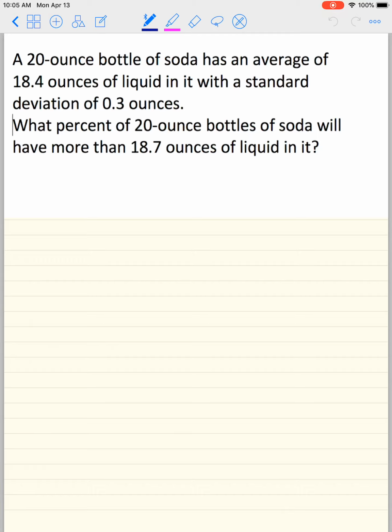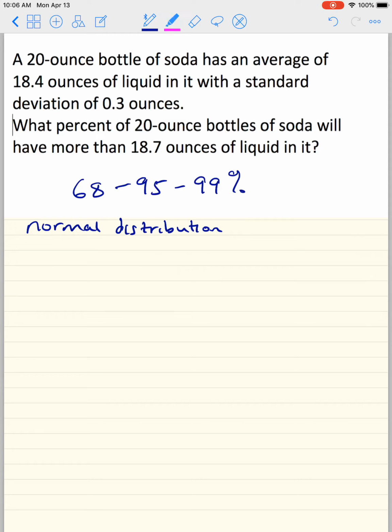I'm just going to start jumping right into some examples of the normal distribution. In my previous videos, I discussed this 68, 95. It's really 99.7, but I'm just going to put 99%. It's fine. So what this actually means is that if something is really a normal distribution, then we expect 68% of the data to fall within one standard deviation. And then we expect 95% to fall within two standard deviations, and then 99 or 99.7% to fall within three